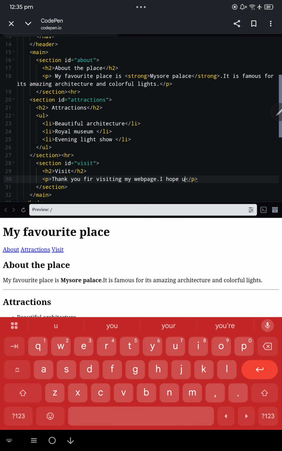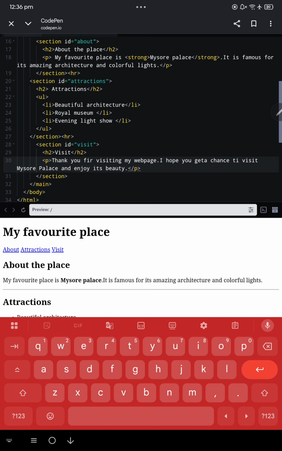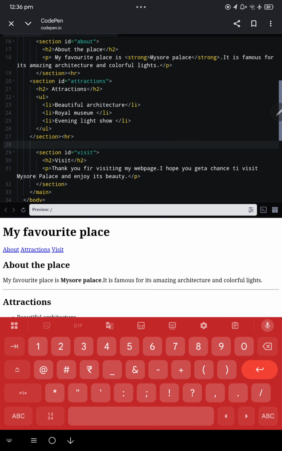I hope you get a chance to visit Mysore Palace and enjoy its beauty. Okay, I think I'll just add the image part before it. I'll just add the image here. I think it'll work even without the section part. So trial and error. Image src equals,